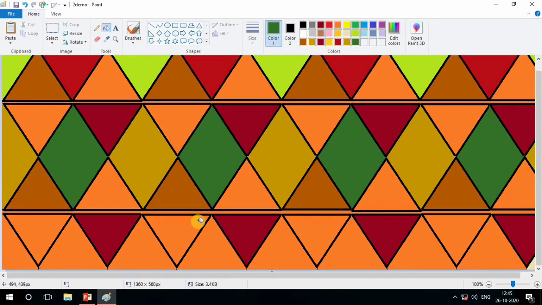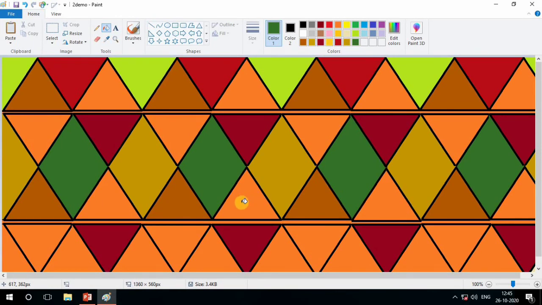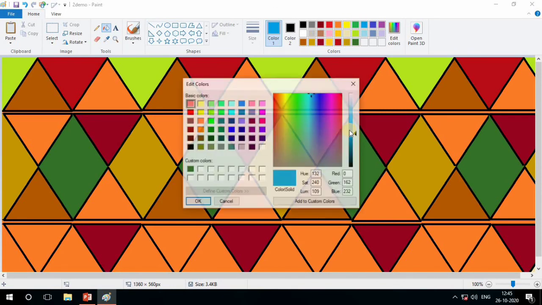You can see we fill the different color by this edit color. Now see, come here in this line, so change the color if you want. I think we have to change its color, so take another shade and edit this shade, add one, okay.